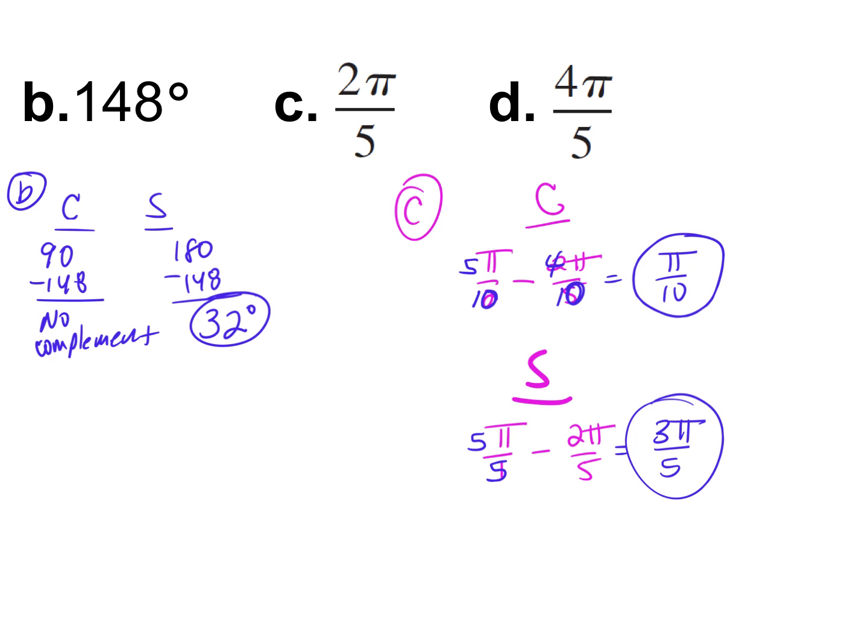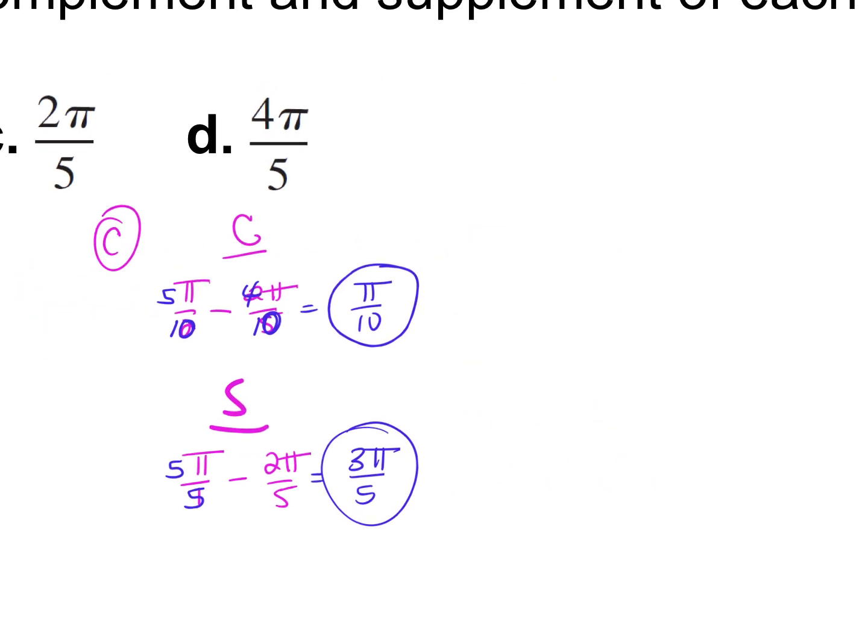Where you guys will make a mistake is you'll put the angle first, not the pi or the 180. You've got to put pi or pi over 2 first. It's 90 minus or 180 minus. Let's look at D. Complement, supplement. So I'm going to take, first of all, let's find the complement. So it's pi over 2 minus 4 pi